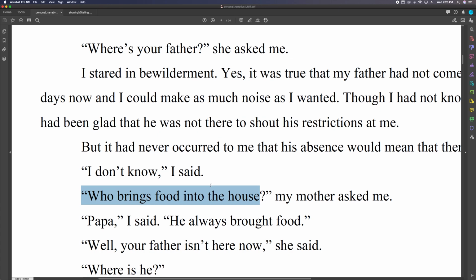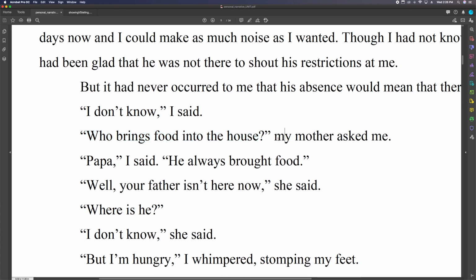Here we go. Who brings food into the house? Here's the attributive tag, my mother asked me. New paragraph, Papa, Richard says. Mom says, well, your father isn't here now. New paragraph, Richard says, where is he? And you notice there's no attributive tag here. You don't need one. This string of conversation between two people, it's clear because of the paragraphing whose words they are.